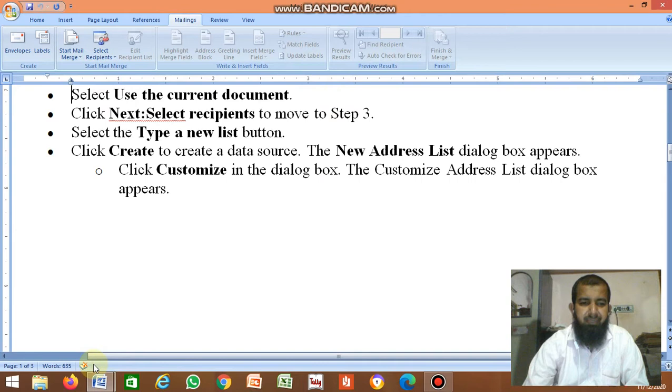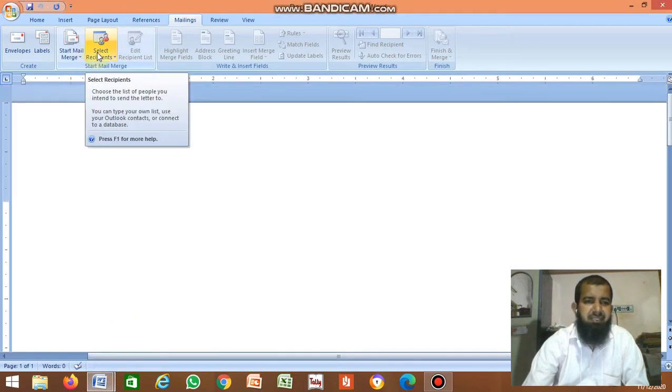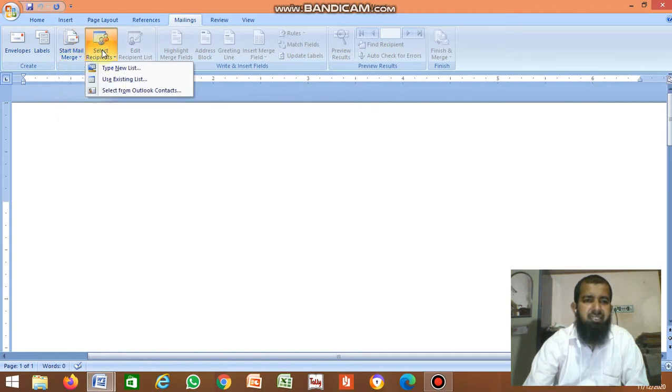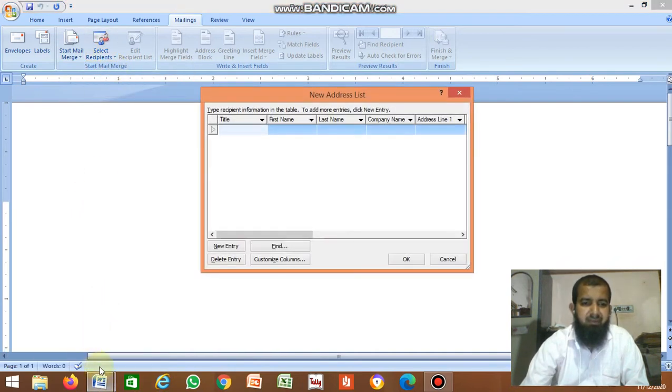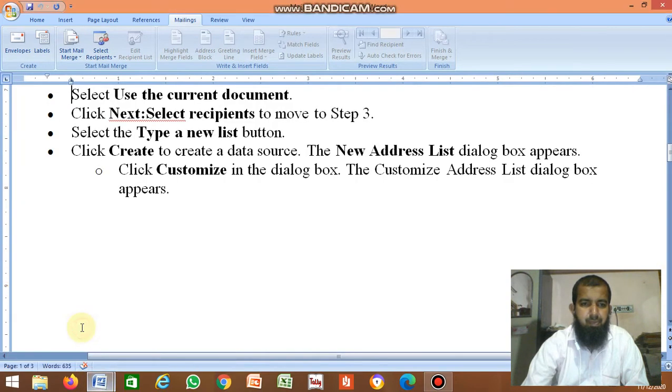After clicking Letters, you have to click Select Recipients and click on Type a New List. Then click Create to create the data source.